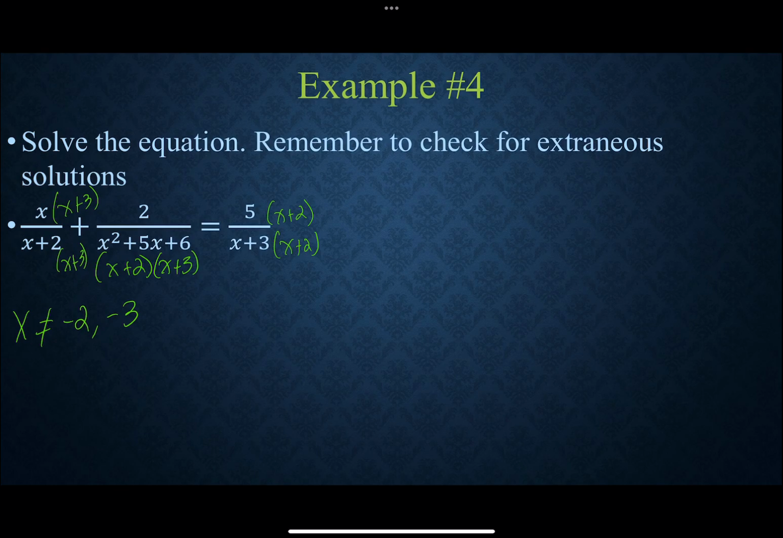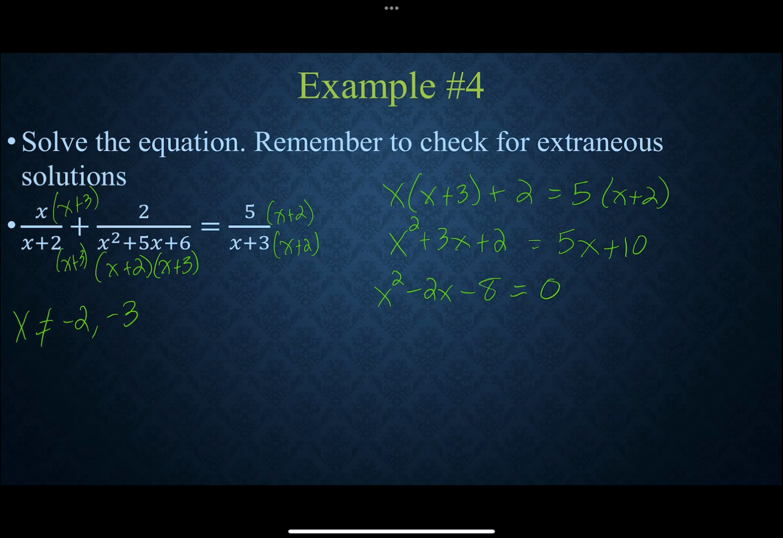So now looking at just our numerators, we're dealing with x times x plus 3 plus 2 equals 5 times x plus 2. So this gives us x squared plus 3x plus 2 equals 5x plus 10. So we subtract the 5x over, we get a negative 2x. Subtract 10, we get a negative 8. So x squared minus 2x minus 8 is going to factor and solve. We're going to get x minus 4 and x plus 2, which means we get 4 and negative 2 for our solutions, but we should recognize